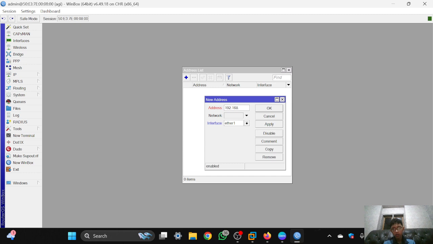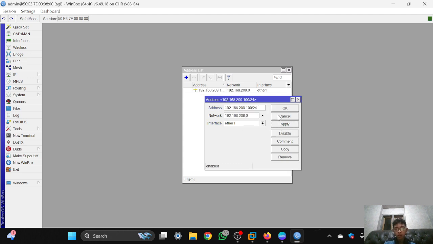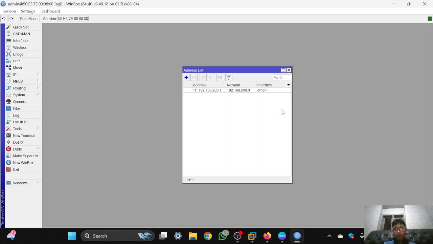You can customize it. And don't forget the prefix. And the interface is Ethernet 1 because it's connected to the ESP, and click OK.